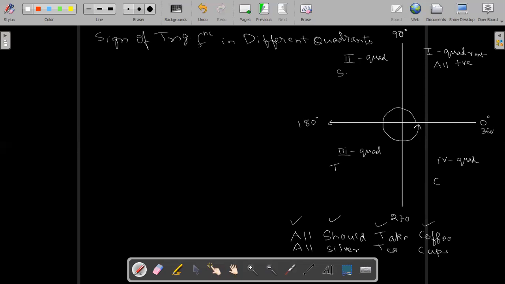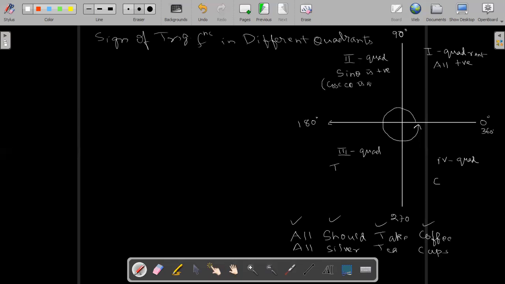Here, only sine theta is positive in this quadrant. Sine theta is positive when it lies between 90 to 180. You have seen 90 to 180, sine theta is positive, but cos was negative. You can refer to the previous table. And when sine is positive, automatically its opposite cosec theta, no need to say, just you should remember that cosec theta is also positive.